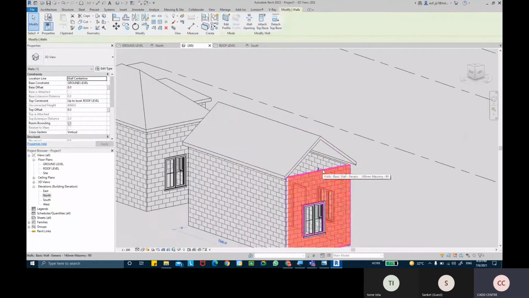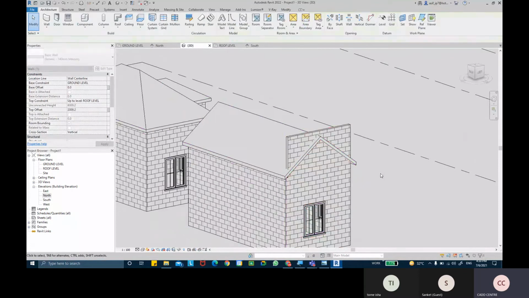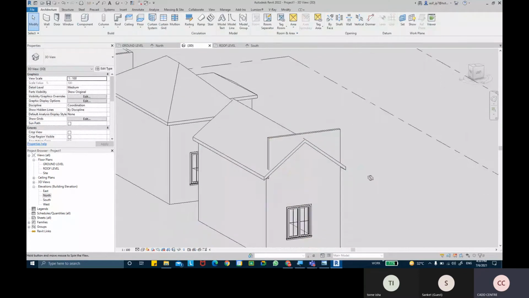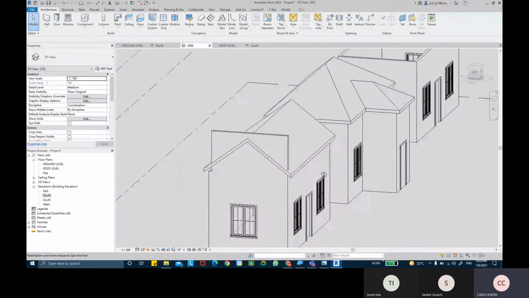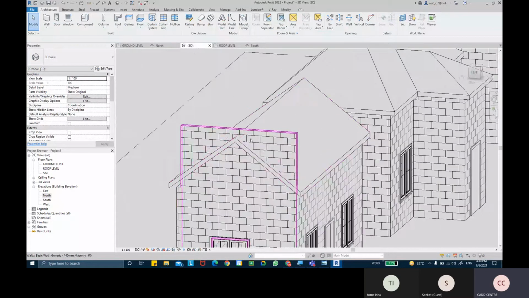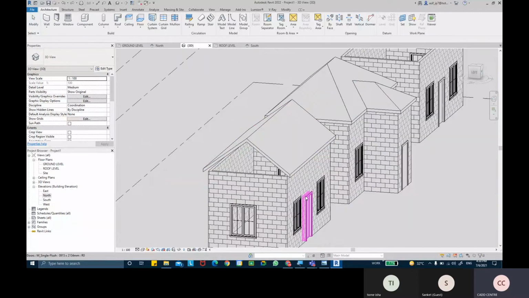So if I try to select this wall and drag this wall, okay, now we have another serious issue: the wall height comes but it doesn't cut to the shape of that roof basically there. Correct. So don't do this method if you wanted to make this wall come up till that roof basically there.